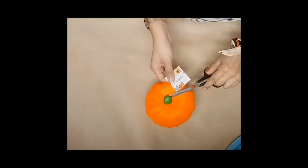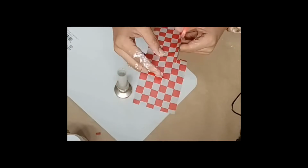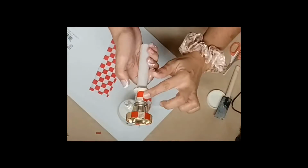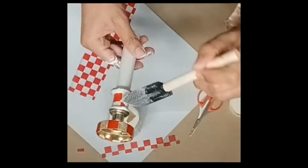So I took this pumpkin as well as this old candlestick. I should have thrown it out, but I don't throw anything out. And I'm going to take some of this wax paper from the Dollar Tree. It's checkerboard, and it's going to help me when I go to paint the design a little bit. So I used some Mod Podge to adhere it on. These are inspired by MacKenzie-Childs. I'll leave all the links in my description box if you don't know what MacKenzie-Childs is, but basically it's